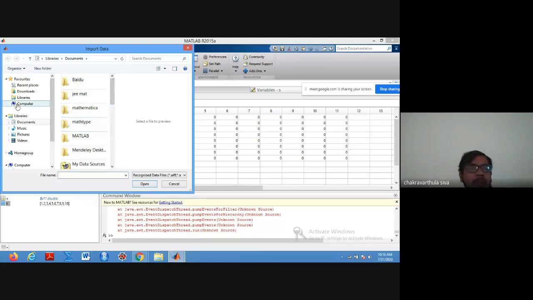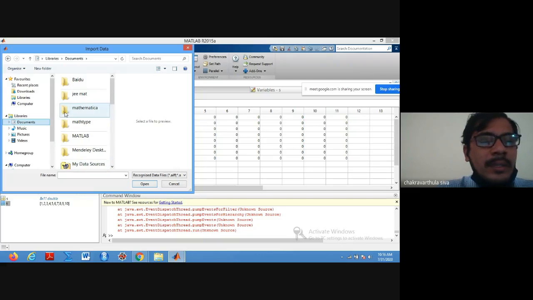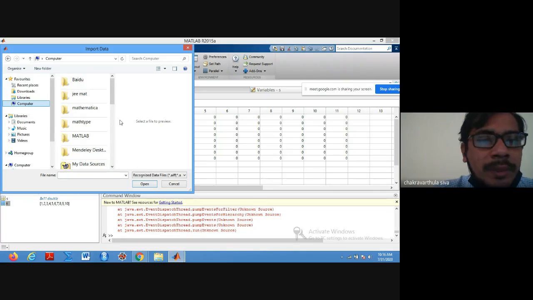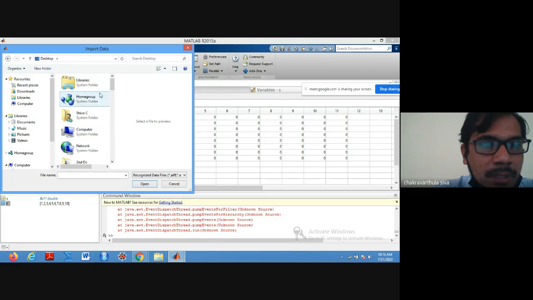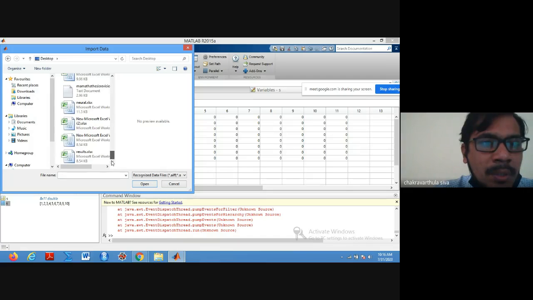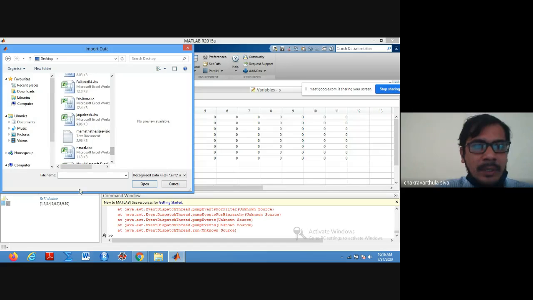So now I'm just importing the data. Let me check whether we have any data somewhere on the computer or desktop. I'll just check. New file, yeah, AMC now, new file is there.